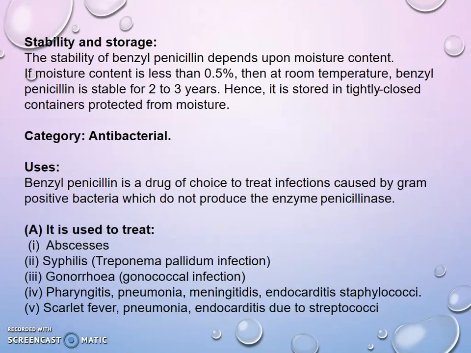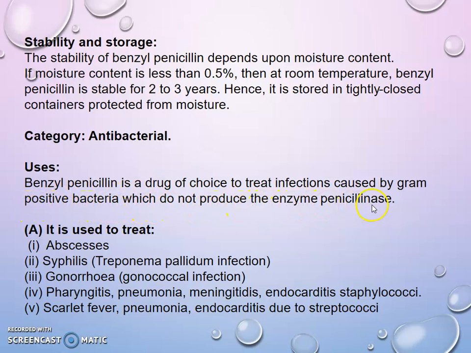Stability and storage condition. The stability of benzylpenicillin depends upon moisture content. If the moisture content is less than 0.5%, then at room temperature, benzylpenicillin is stable for 2 to 3 years. Hence, it is stored in a tightly closed container protected from light. Category is antibacterial. Uses. Benzylpenicillin is a drug of choice to treat infection caused by gram-positive bacteria which do not